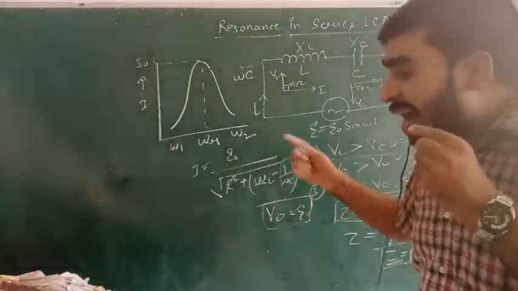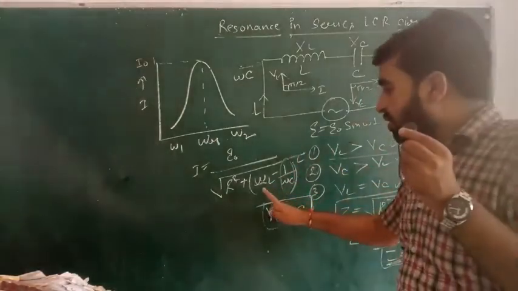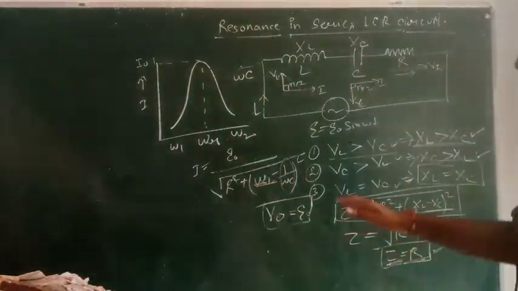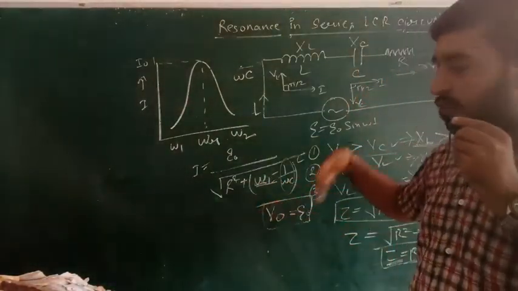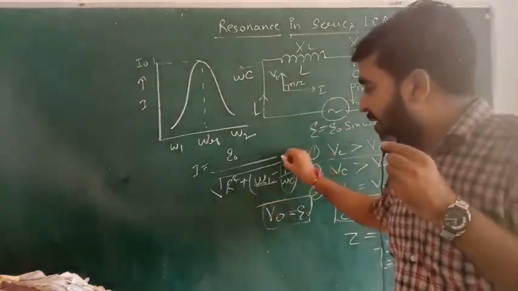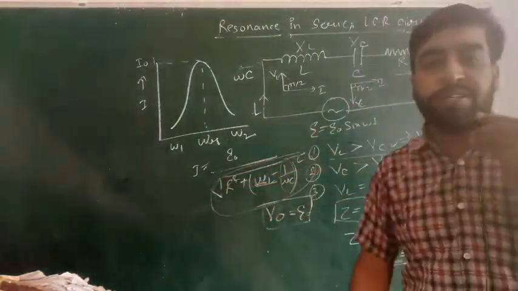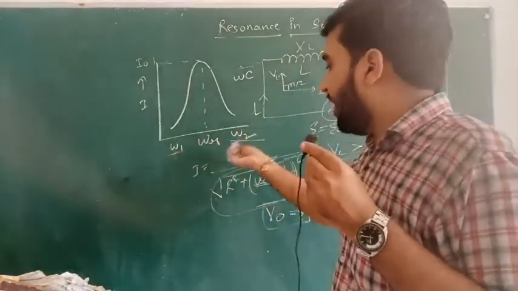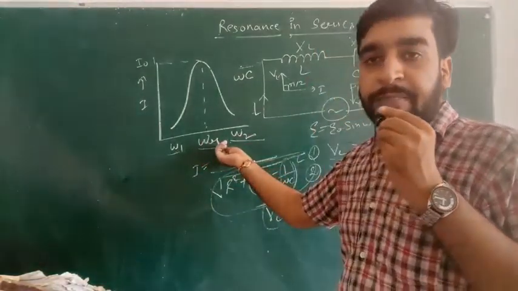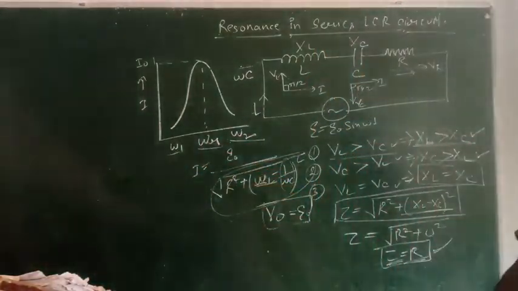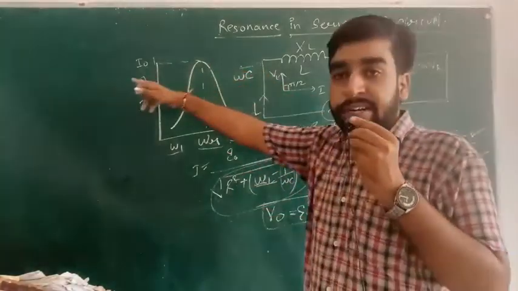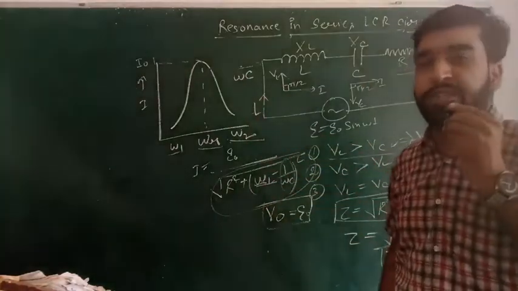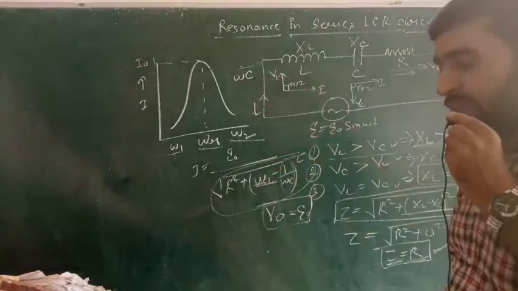If omega is very large, then also this denominator will offer a very great value, because omega L will be large. So even if omega is larger or smaller, the denominator will offer a very great value. So the resonance condition will be in between. This in-between frequency, omega R, is known as the resonant frequency. At the resonant frequency we have found that the current reaches its maximum value. This is the condition for resonance. Hope you understood the condition of resonance.